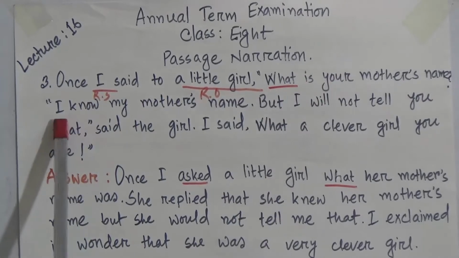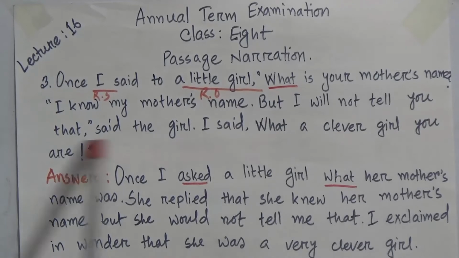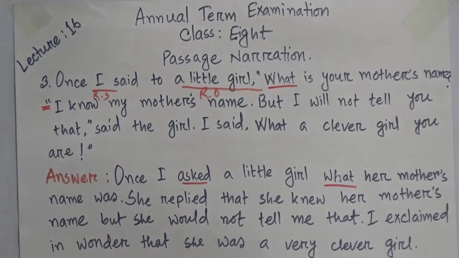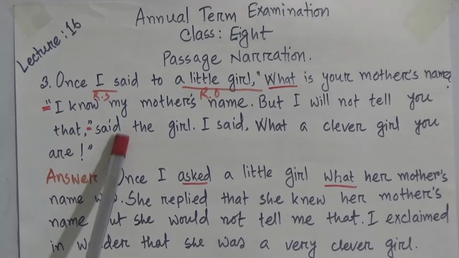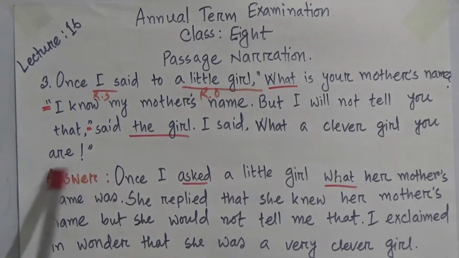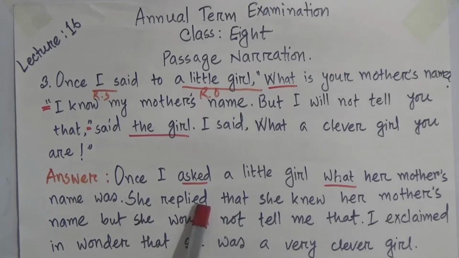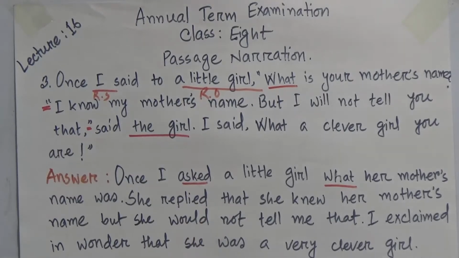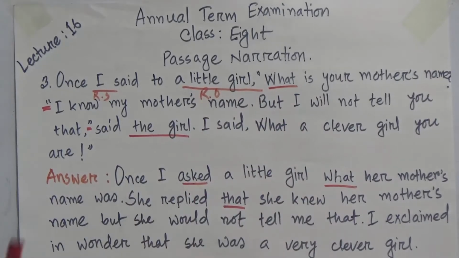Then second line, I know my mother's name, but I will not tell you that. Dear students, you see that the inverted comma starts here and finishes here. So that means all these conversations are done by the little girl. So we will write that she replied or she answered. And although it's an assertive sentence, we may use that. At the time of an interrogative sentence we use asked. So she